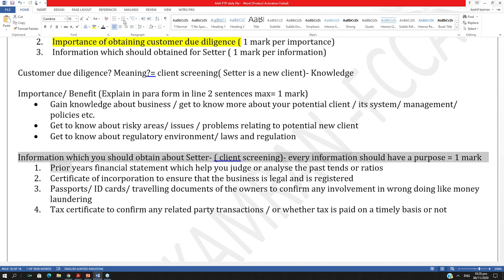See how I wrote my answer. Prior year financial statement, that was an information. Certificate of incorporation was an information. Passports was an information. Tax certificate was an information. So I was writing the information, and after the information, I was writing the purpose. So you need to write the information, right? When you read the case,